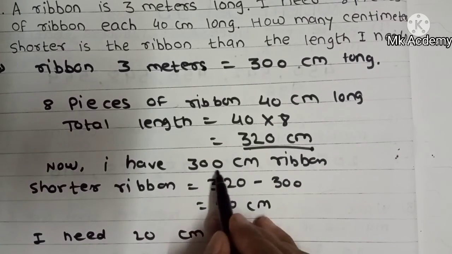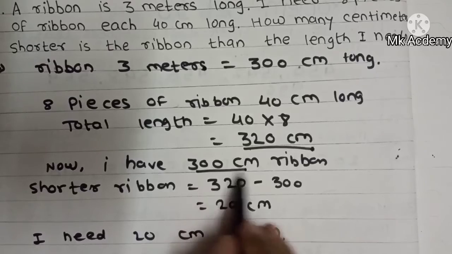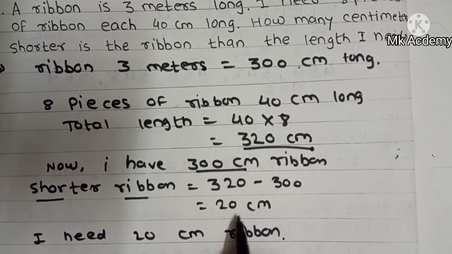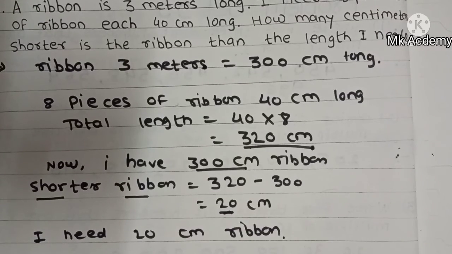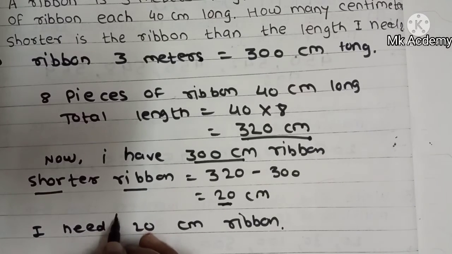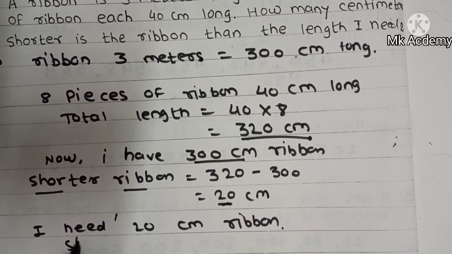But I have 300 only. I have a 300 centimeter ribbon. Then the shorter ribbon is 320 minus 300, which means I require 20 centimeters of ribbon; that is the shortfall. This is the shorter ribbon,